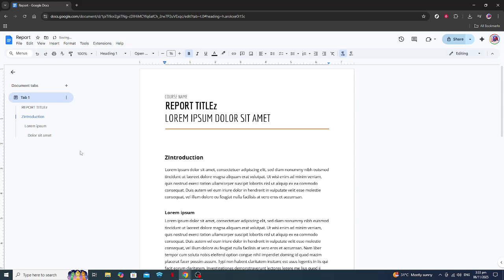In today's video, I'm going to teach you how to split a page vertically and horizontally with columns in Google Docs. This is a handy skill to have, whether you're creating newsletters, brochures, or just looking to add an extra layer of organization to your documents. By the end of this guide, you'll have a clear understanding of how to utilize columns effectively to enhance your